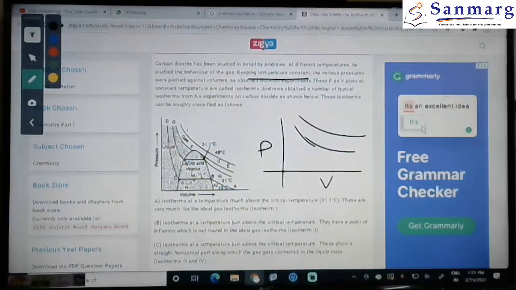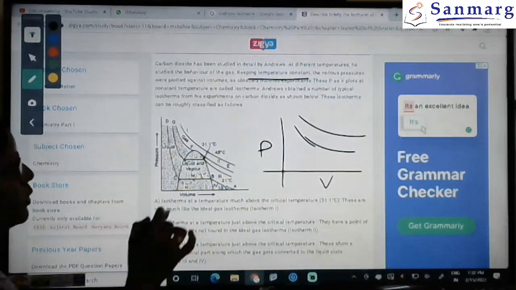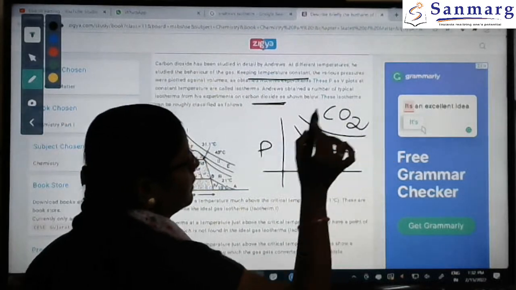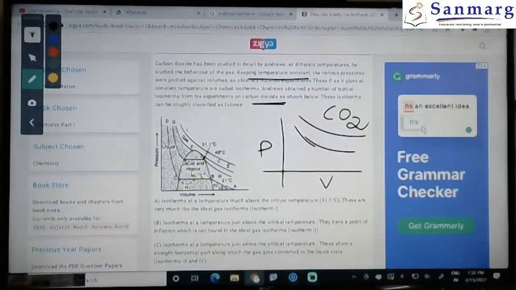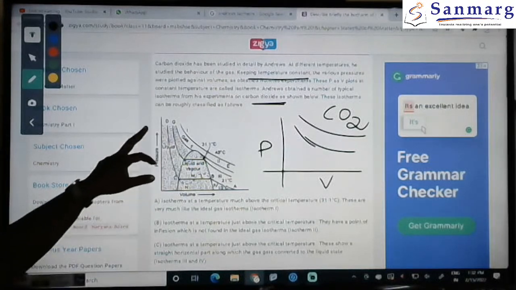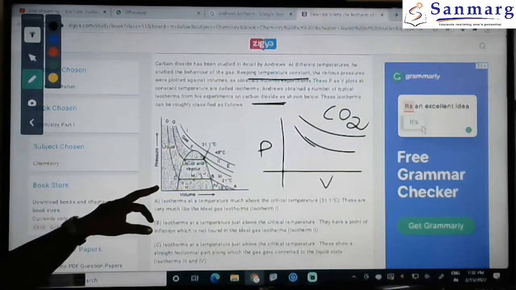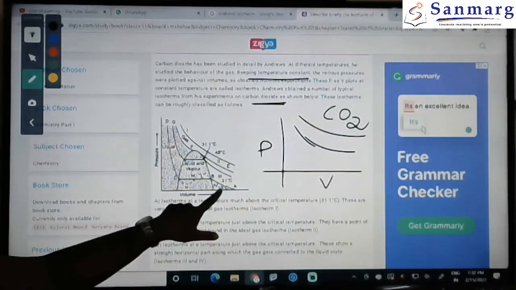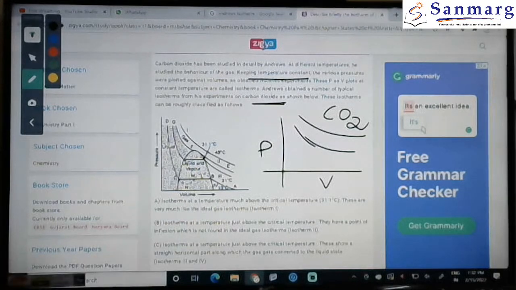Okay, temperature is constant. So Andrew got a number of typical isotherms from his experiment. It was done for whom? Carbon dioxide. Taking carbon dioxide as an example, in a study model. Okay, so this is the curve we get. Pressure is taken on the y-axis, volume on the x-axis. Here first, if you see here,